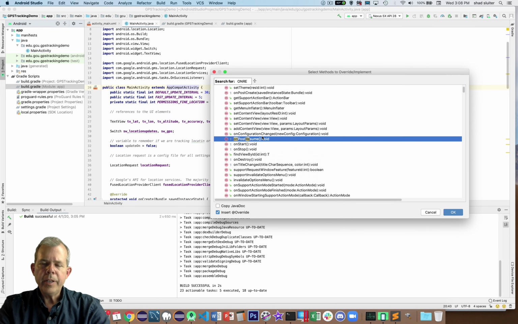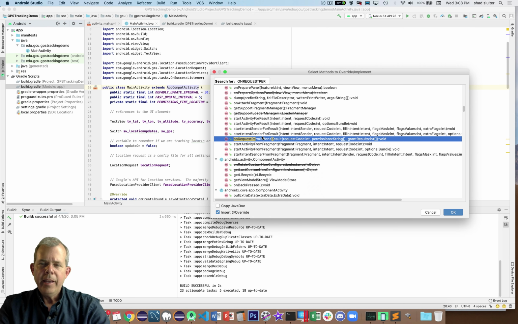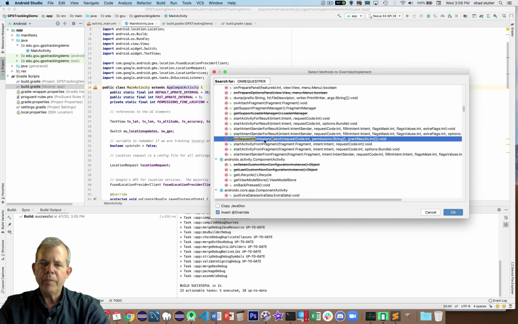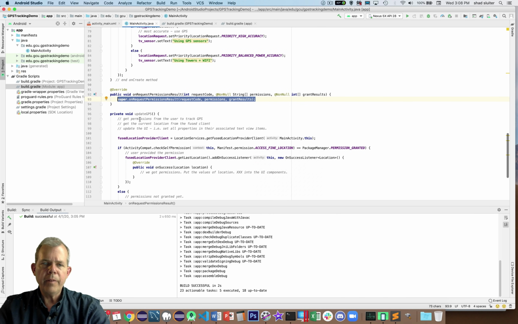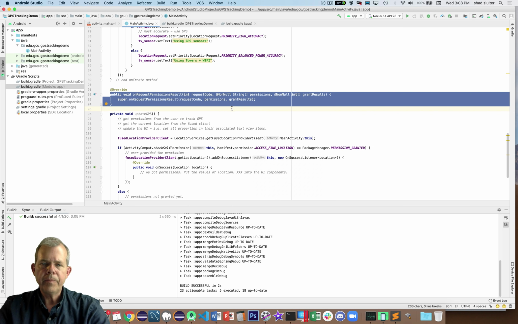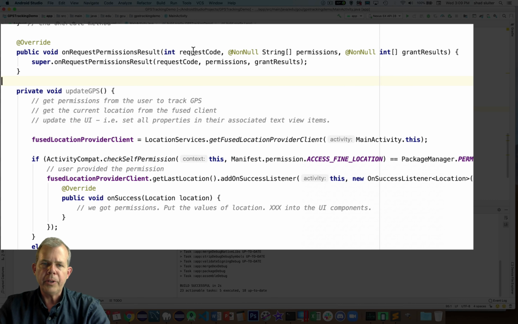So what I'm looking for is the onRequestPermissionResult. And what that does is it tells the program to trigger a method after permissions have been granted. So let's see what comes in the form of this new method that just showed up here on line 92. So the key part to recognize in the permission request with result is that there's a request code, which is